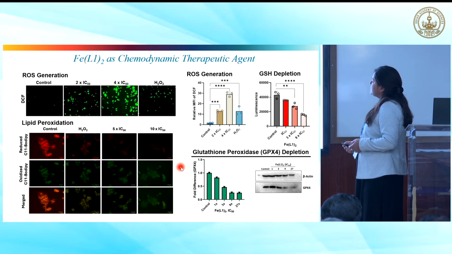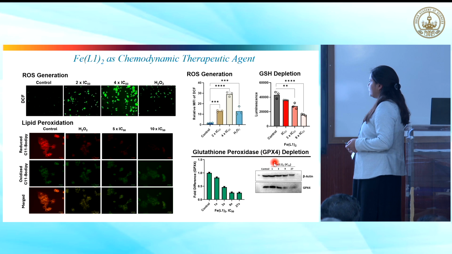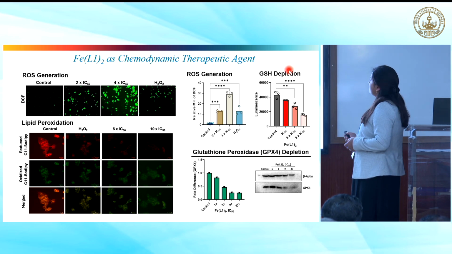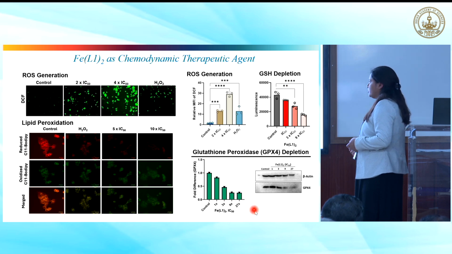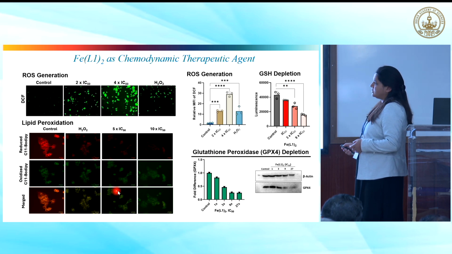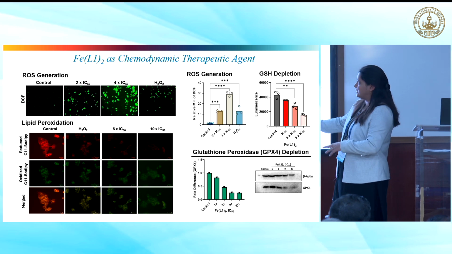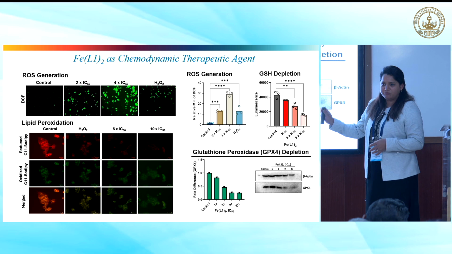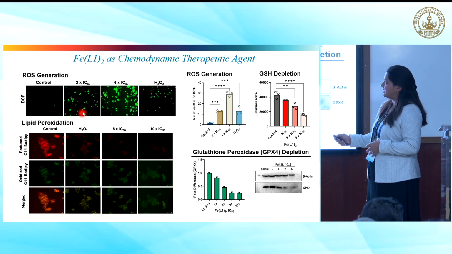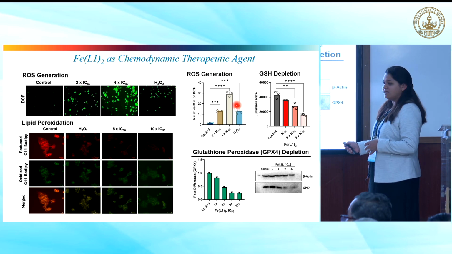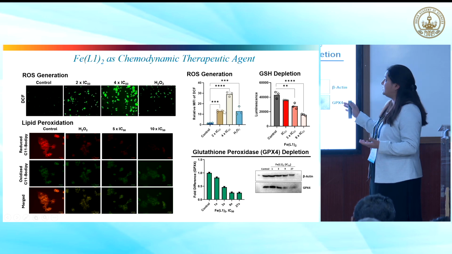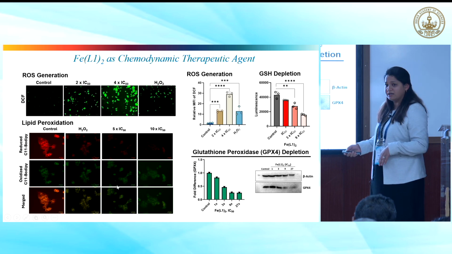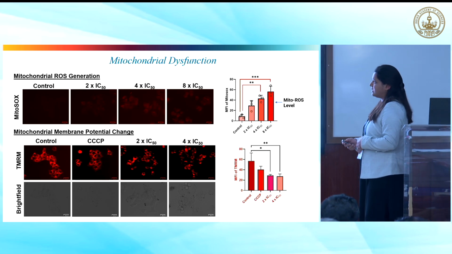This is one of the substrates for the glutathione peroxidase protein, which prevents lipid peroxidation inside the cells. So if this is getting depleted, glutathione peroxidase will get depleted and lipid peroxidation is happening. I understand it's a lot of technical things over here, a lot of dyes and all, but the overall concept is that the compound is participating in the ROS generation, and at the same time the other ingredients inside the cells, especially some of the antioxidants like glutathione, are being depleted, or lipid peroxidation is happening.